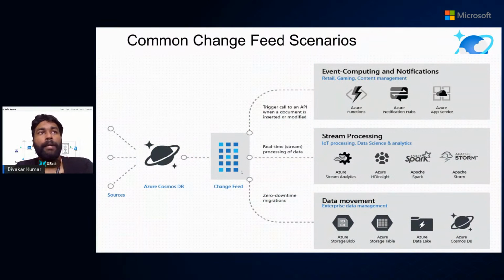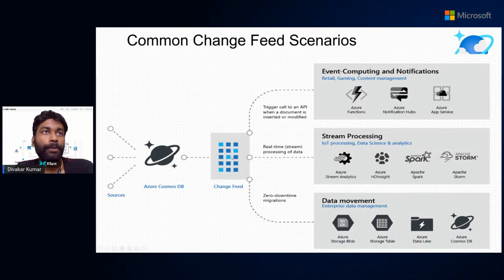There are different common scenarios where you can think the change feed would be a better fit. Consider that different data flows into Cosmos DB, which is your persistence layer, and your change feed listens to these data modifications.